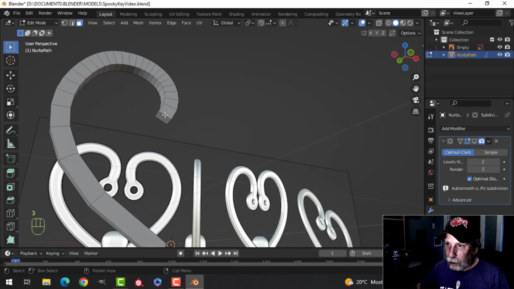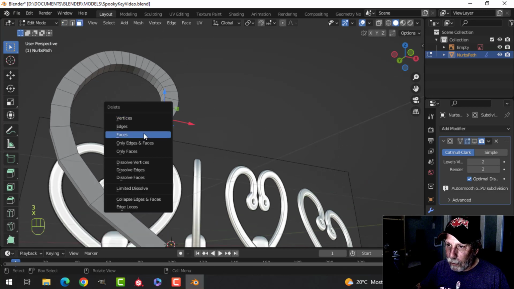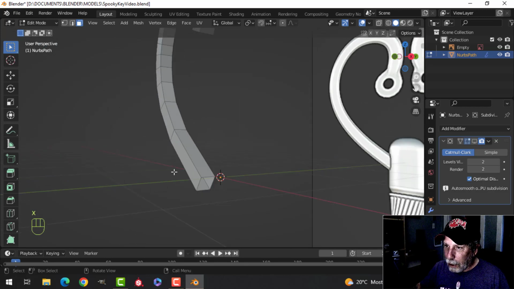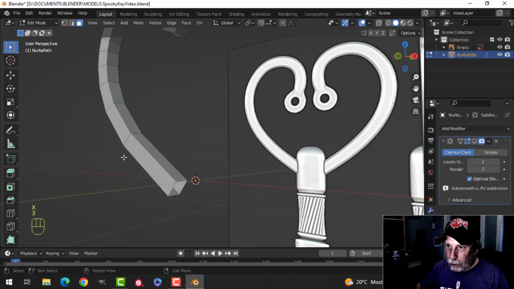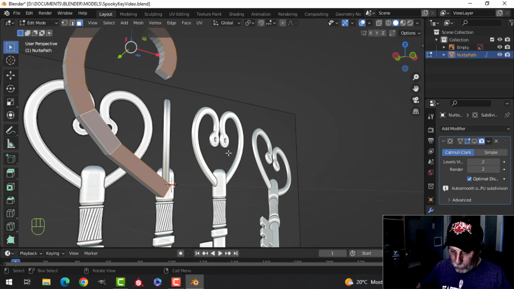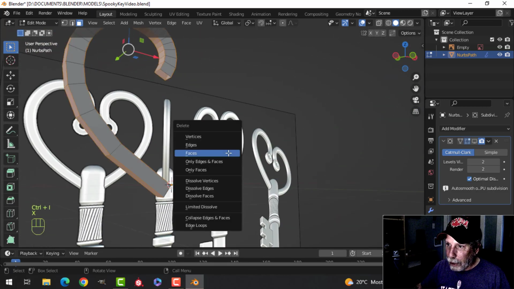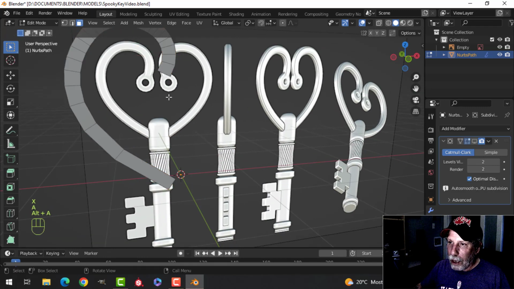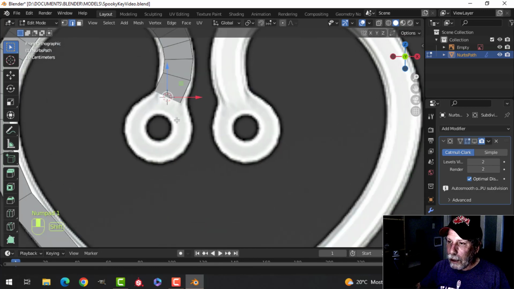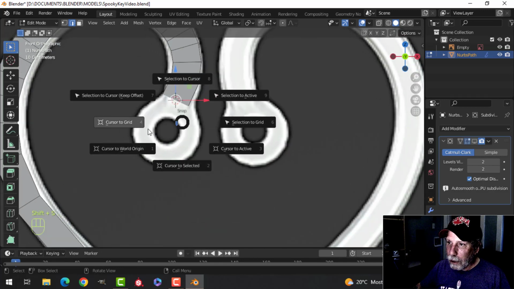What I'm going to actually do is flatten this first so we can add the circle. I'll show you how to do that. So I'm going to get rid of those, and I'm going to just select just the top faces. Then I'll go Control I, X faces. We'll get rid of those, so we'll have that. Now I'm going to come in and bring my 3D cursor there, and I'm going to bring in